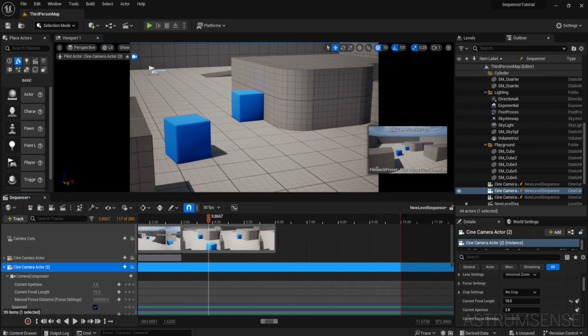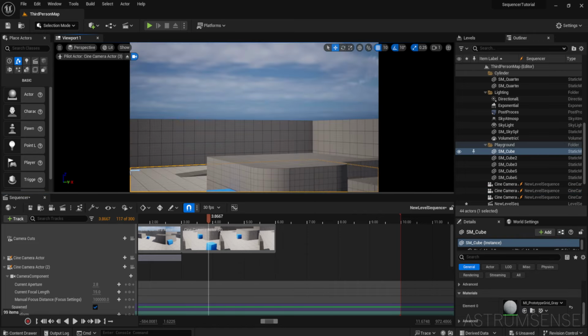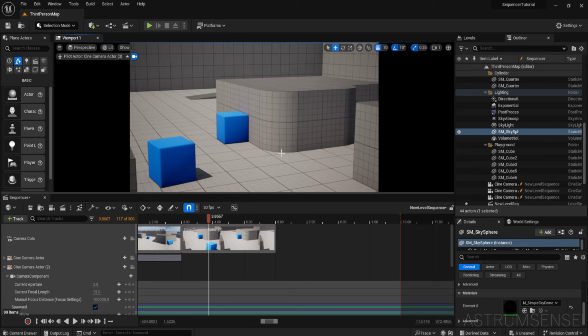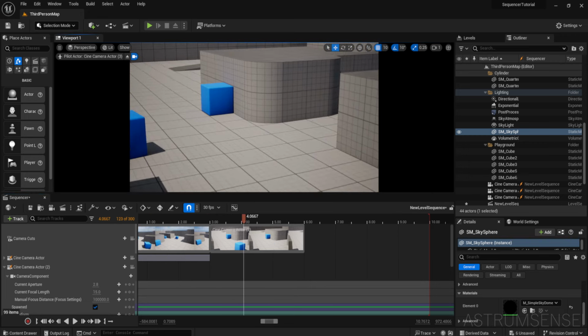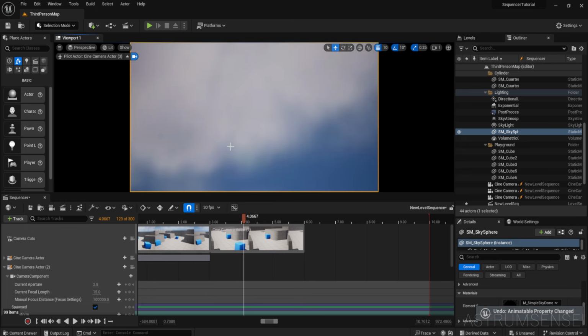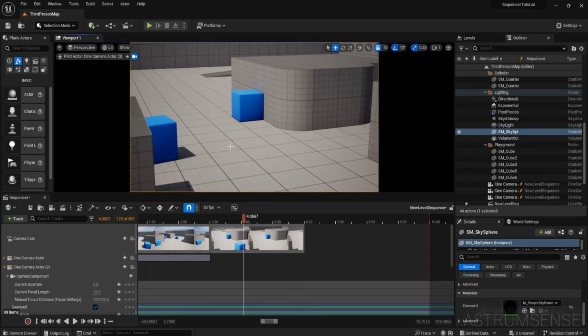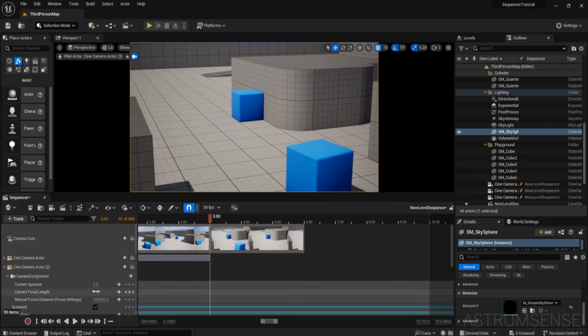And then, well, I didn't need to select that. So yeah, now that you have that, I accidentally moved the camera. Okay, so now that you have that, we're just gonna go to the start of where this camera cuts, and